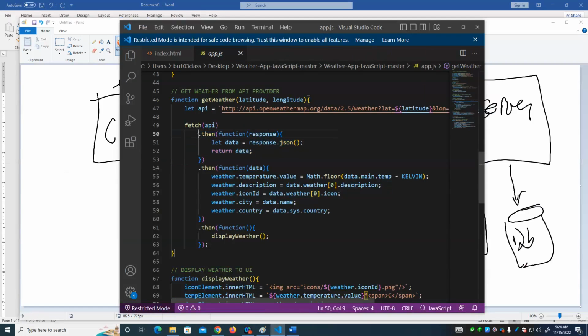Well, that's what "then" means in the fetch. All right. After we get the data back, this is what happens. We grab from the response the JSON data. Then we do this. And then we do this. So there's a stream of things that we do